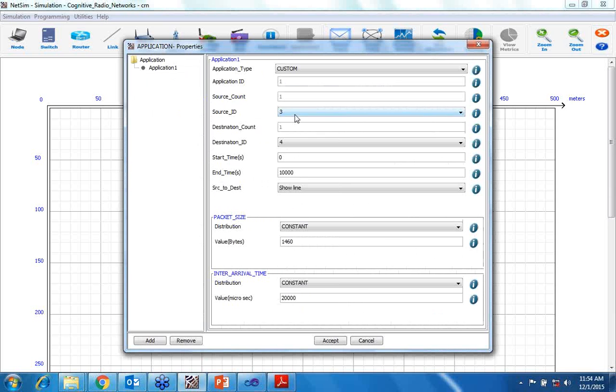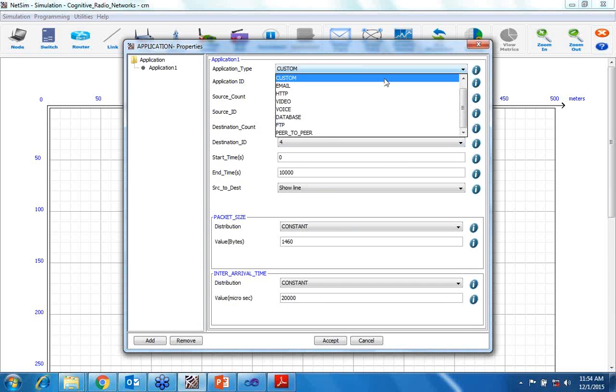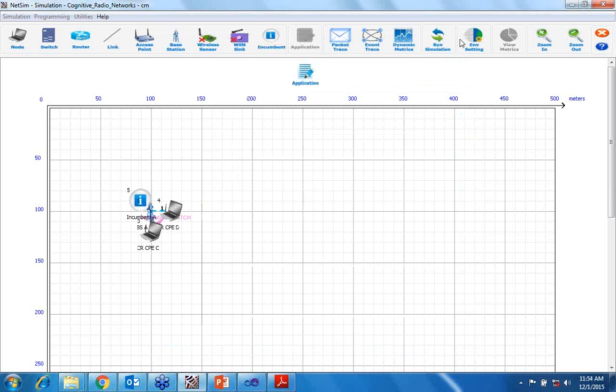In application, we have chosen 3 to 4 as source ID and destination ID. Then you can choose packet size, inter-arrival timing, and also the custom application type. So when you accept and run it,